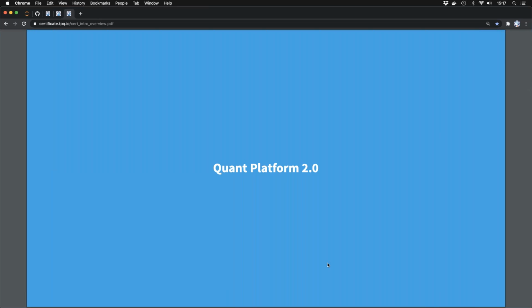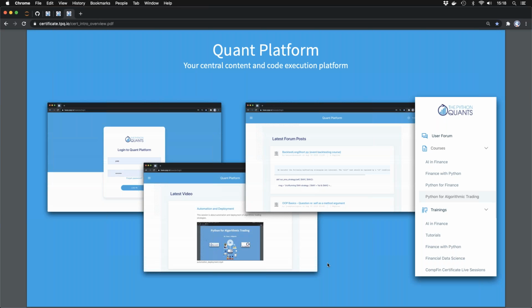Let's dive into the program. Quant Platform 2.0 is your central content and code execution platform. So when we talk about the content that we provide you with, it is about, for example, recorded videos. It's maybe also the recording of a session like the one today. You also find all the code that accompanies such a live session. You have the opportunity around the clock to post